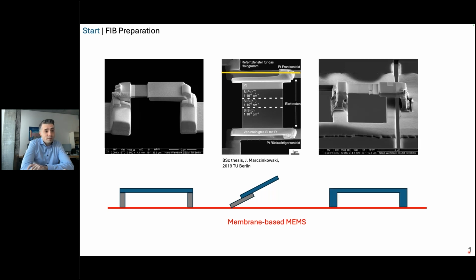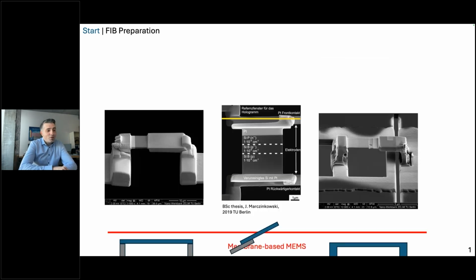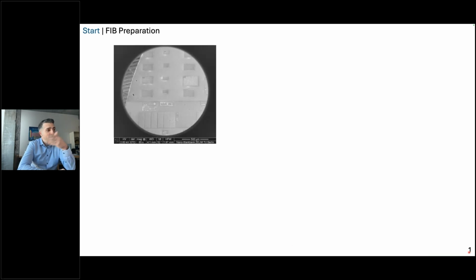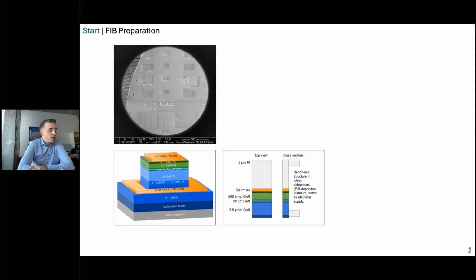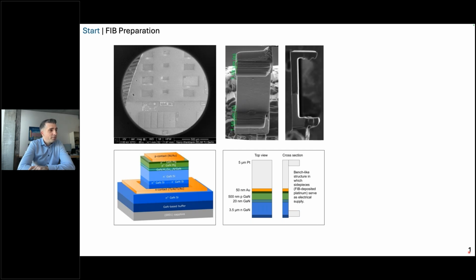Or even, and it's the most ridiculous one, we tried to build a specimen which has some kind of bench structure. I want to pick on the last example a bit more to show how ridiculous times were back then. In order to really investigate a nanostructure like this, where we have these structures with a laser inside and we want to switch the laser within the TEM, we thought it was reasonable, because of the membrane problem, to deposit a lot of platinum onto the structure, then cut it out in a bench style,